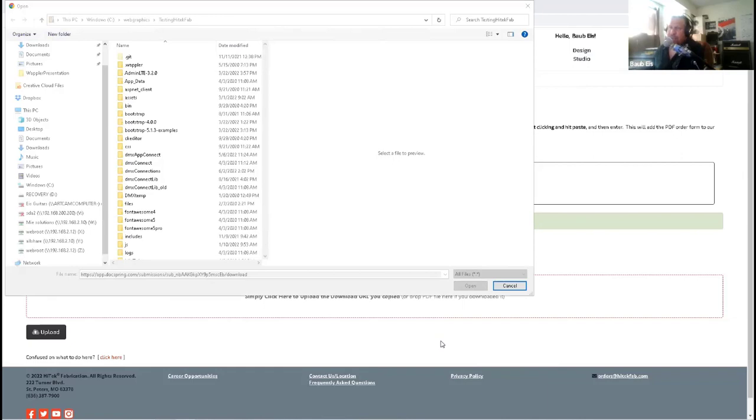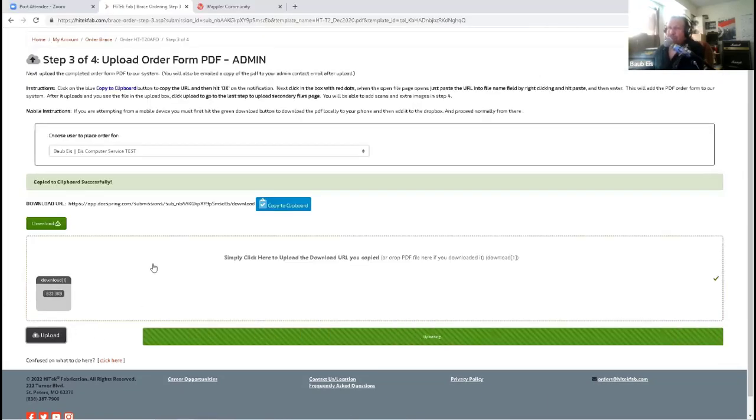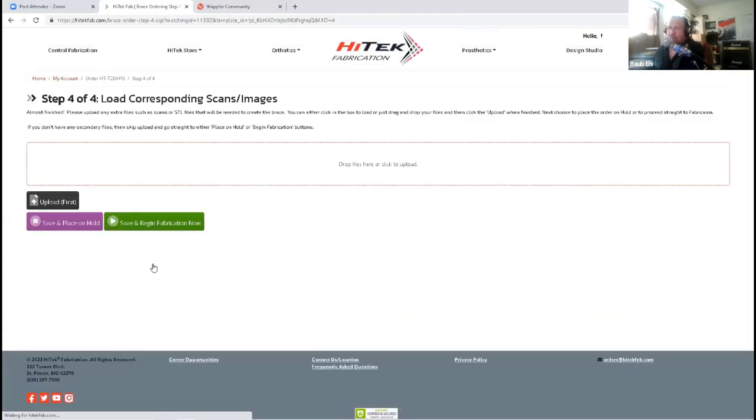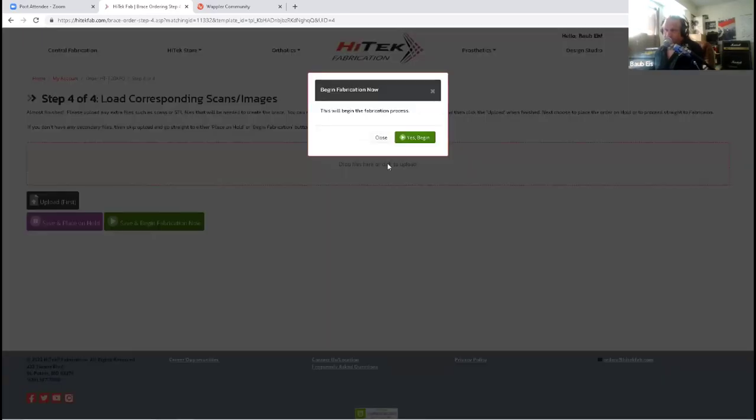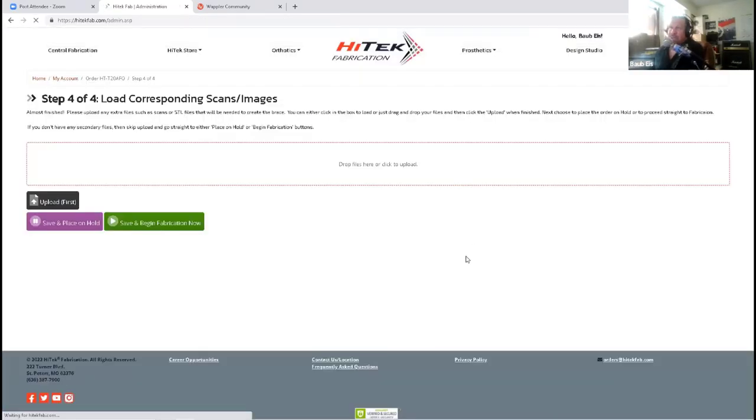And that's just using the drop zone component. I upload it. And then now here's where, if you have the scans ready, because the doctors actually have to scan the legs or whatever it is to create the part, you can upload the scans here, or you can save them for later. So I'm going to just say, go ahead and begin the scan.